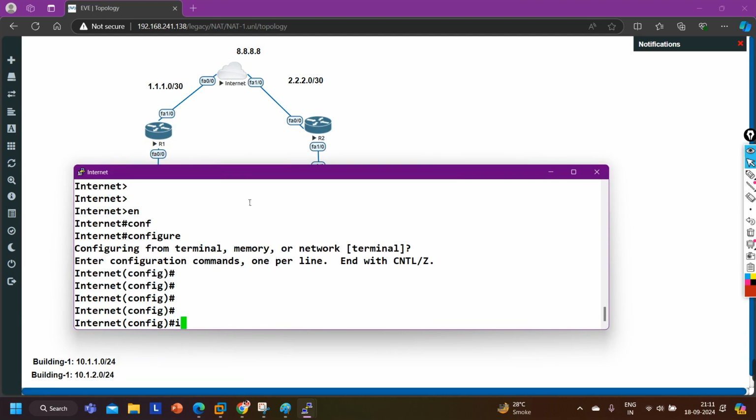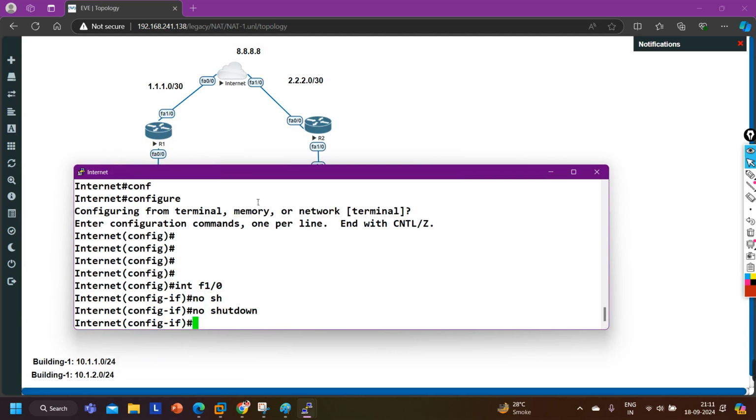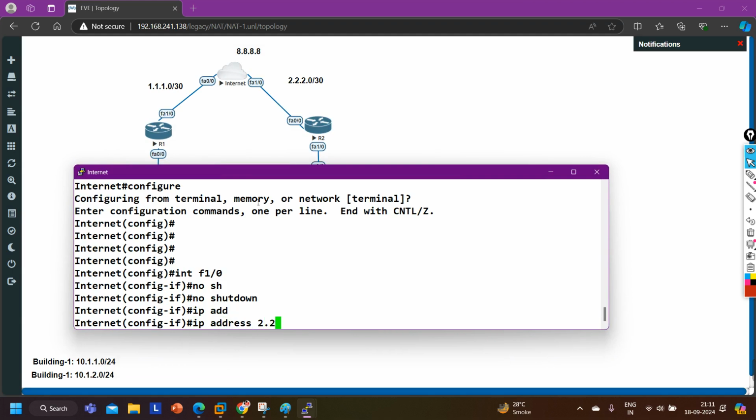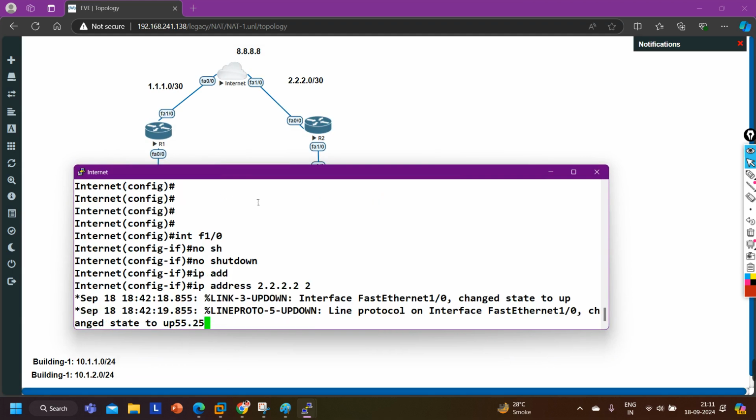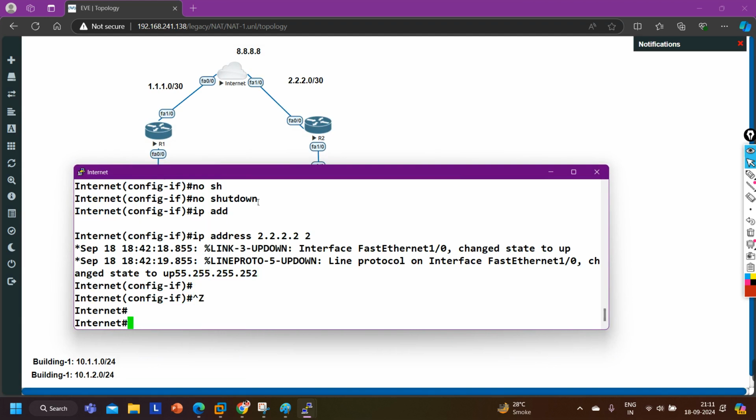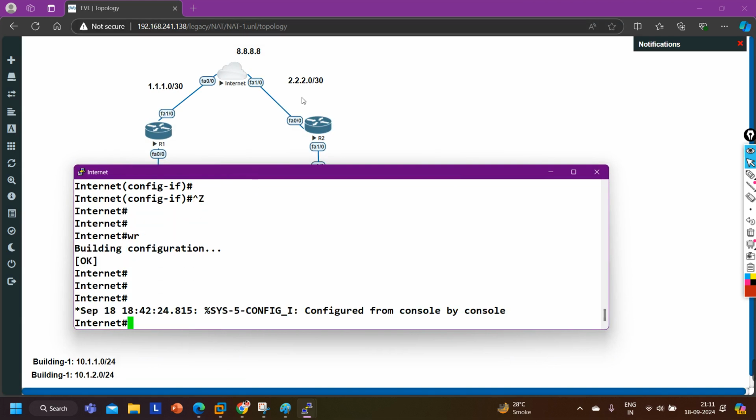Config T, interface F1/0, no shut, and IP address 2.2.2.2 255.255.255.252. Again I am going to save the configuration.